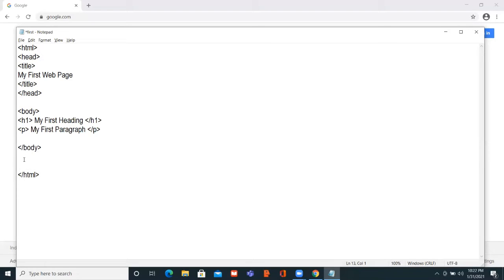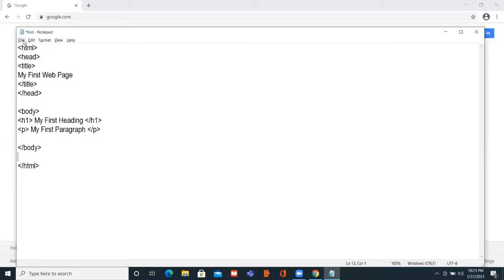Now we are going to save this file. Normally when we save a Notepad file, it is saved with the extension .txt, that is a text file. But to convert it into an HTML file, we are going to save it with the .html extension.